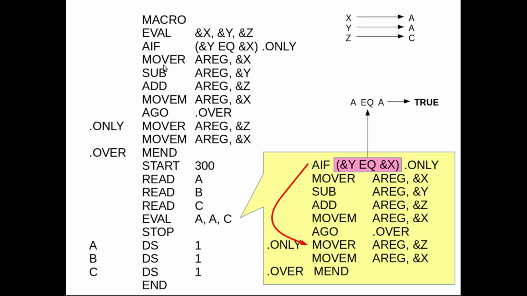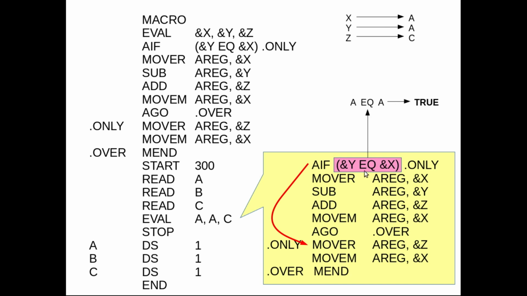Again I have copied these lines here just for me to show you how the macro expansion will take place. And this time for the AIF statement, the relational expression becomes a equal to a, because y is also a and x is also a, and these two strings are equal, hence this will evaluate to true.